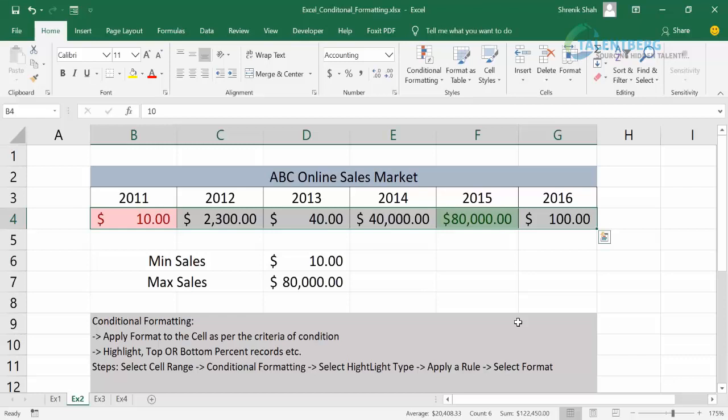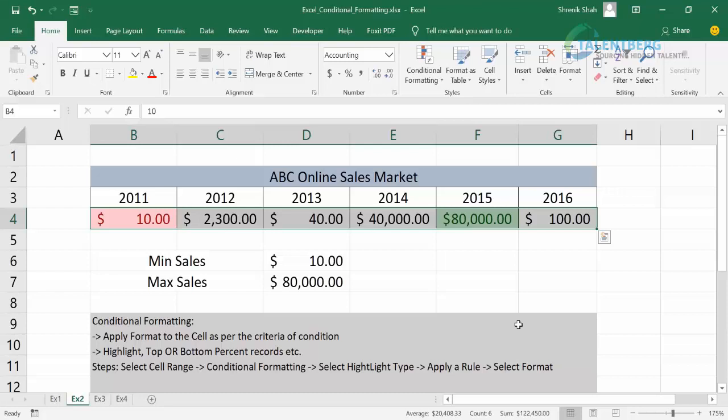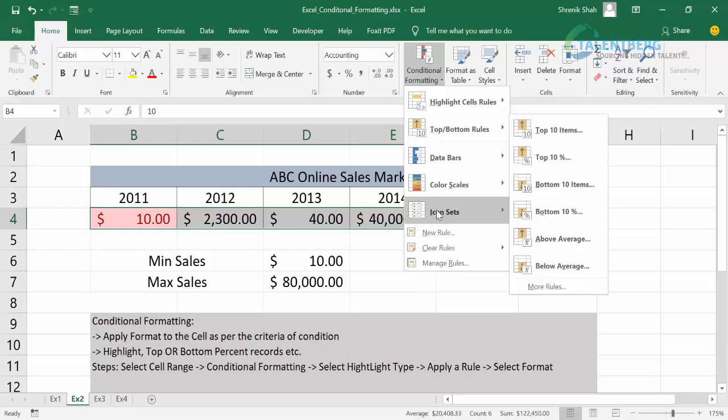Color scales is another option which changes the color of each cell based on its value, and each color scale uses a 2 or 3 color gradient. For example, there is the green, yellow, red color scale. That means the highest value is green, the average value is yellow, and the lowest value is red. So they are ready-made features in Excel. Icon sets is another option. So depending on the requirement, choose a particular option in Excel.